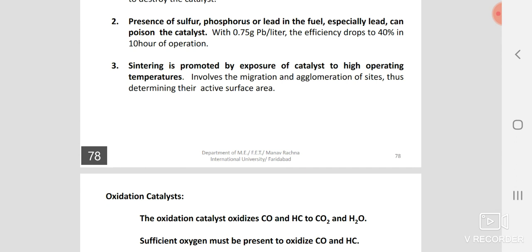Sintering is promoted by exposure of the catalyst to high operating temperatures, and involves migration and agglomeration of sites, thus determining their active surface area. Migration and agglomeration of sites means at high operating temperature the sites, that means the honeycomb structure, will move from one place to another because the atoms and molecules get dispersed in the structure at the high temperature. Because of this dispersion,